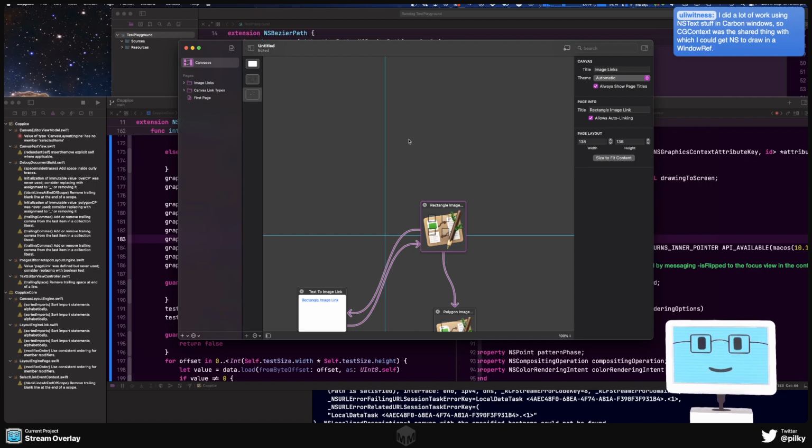Did a lot of work using NSText in Carbon windows, so CGContext was the shared thing with which you could get NS to draw in the window ref. I can see that being fun. Thankfully, I think the only Carbon I have ever touched